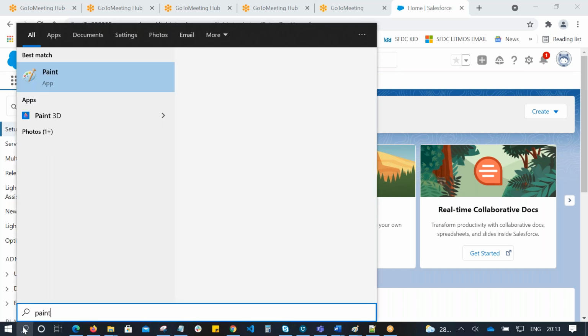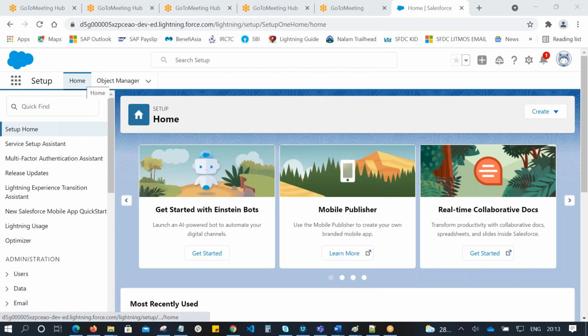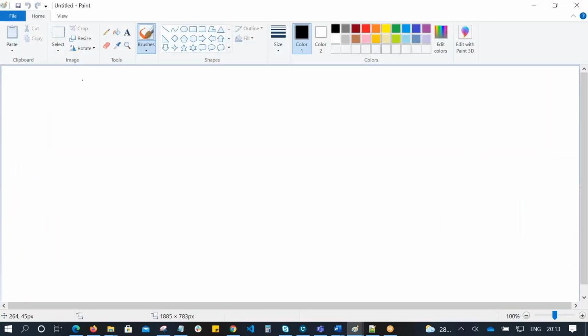First you understand the concept, then I can explain technically how to configure these relationships in Salesforce: what is the lookup relationship, what is the master detail relationship, and what are many-to-many relationships.